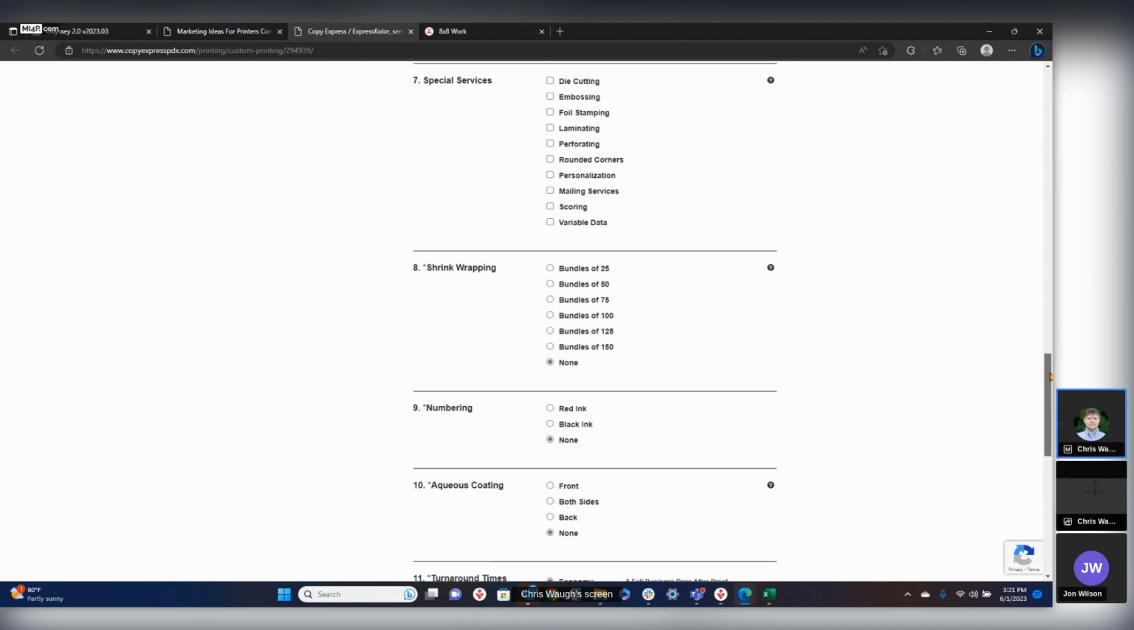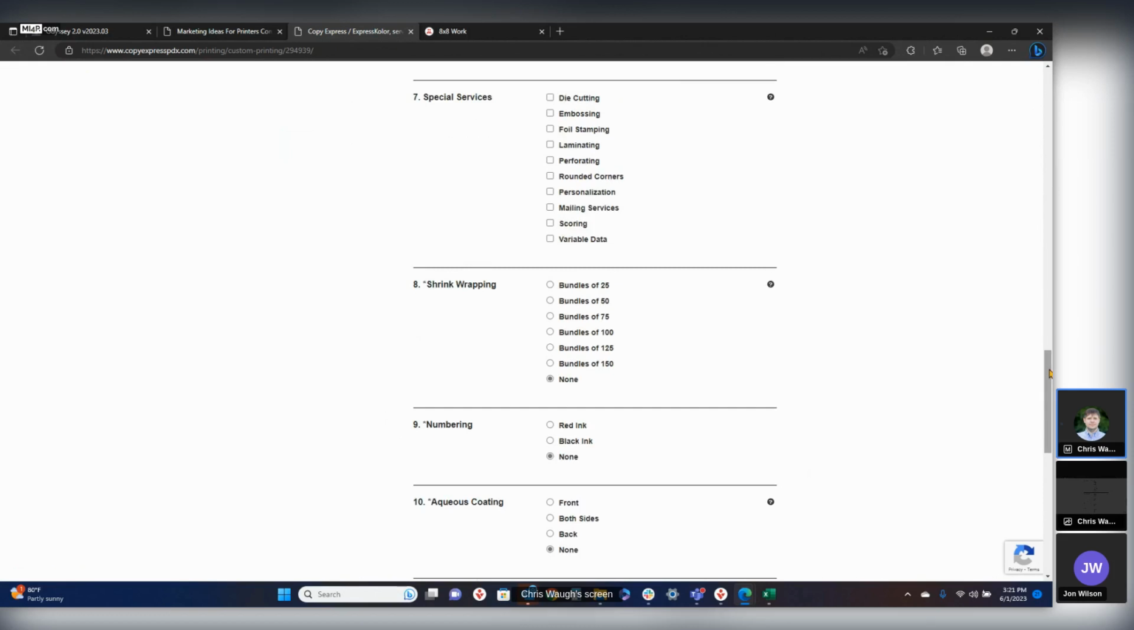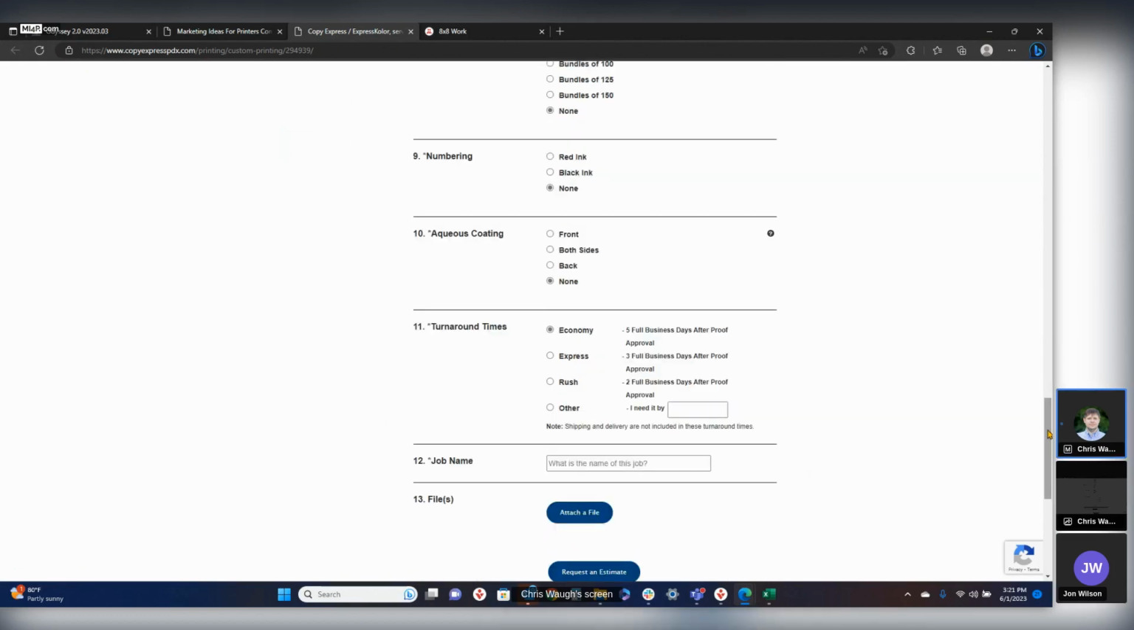How does shrink wrapping, numbering, and aqueous look? That's fine. Perfect. All right. Okay. And then turn on thumbs. Okay. So perfect. So now that we've got this order form here, I want to show you a couple items we can do for Odyssey and really kind of make this hum along. And the first thing I'm going to show you